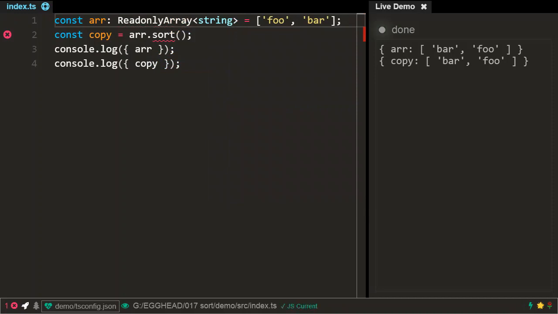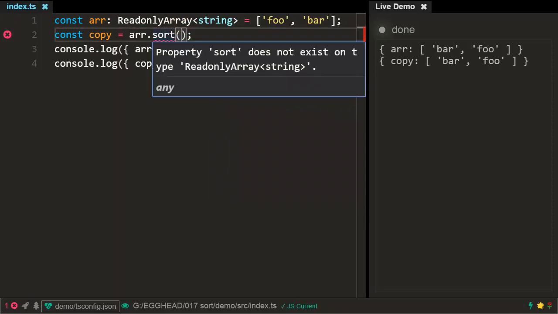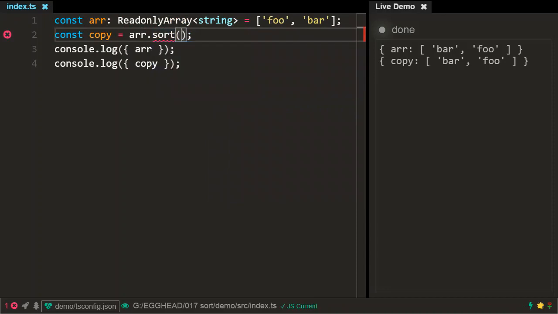And now, any mutating methods like the sort method will no longer be allowed on this array. You can now fix it easily by creating a copy of the array using the array prototype slice and then calling sort. And now the original array remains intact when we sort the copied array. The second note of caution with the built-in sort method is that by default it uses string Unicode code points